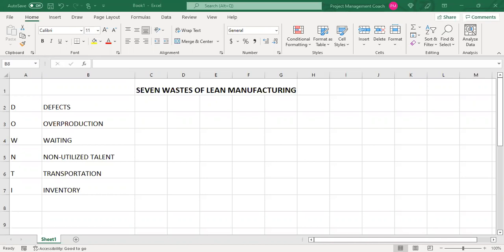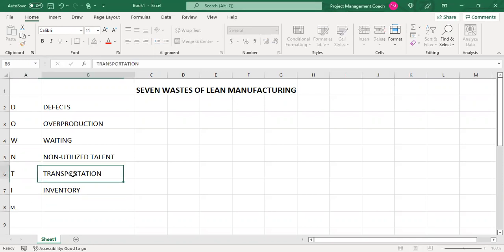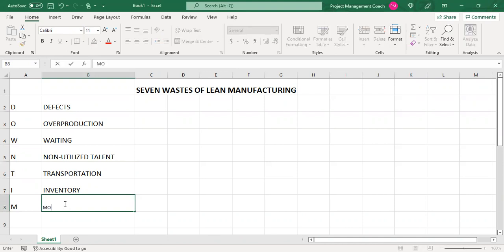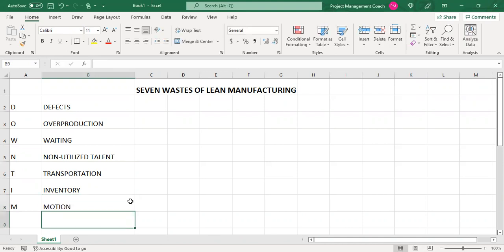Let's move on to our next one. We've got a couple left. And the next one is the letter M. And this is motion. When we talk about motion waste, we're talking about the unnecessary motion associated with a product or material